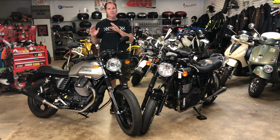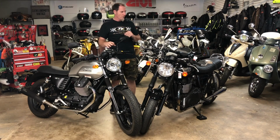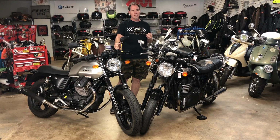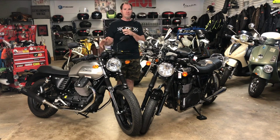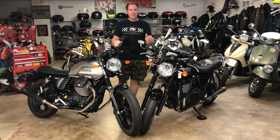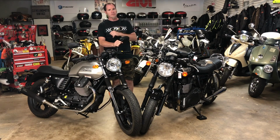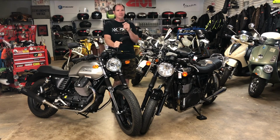This one is 750 cc's. It's technically 740, 744. This bike is called a 900. It's technically 865 cc's. So this one is a 750 that's actually 744. This one is a 900 that's actually 865. Way to stretch it there, Triumph. Good job. You squeeze an extra 35 cc's out of that game, I guess. So